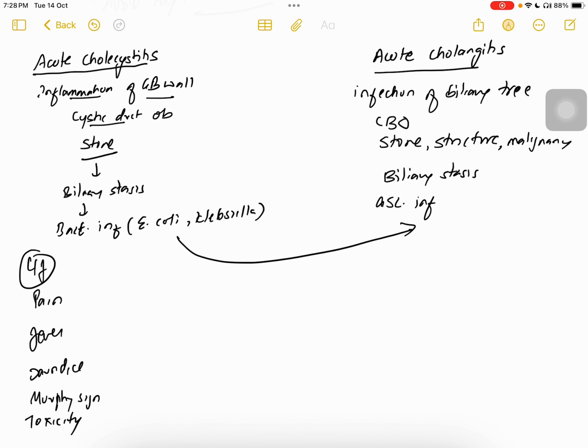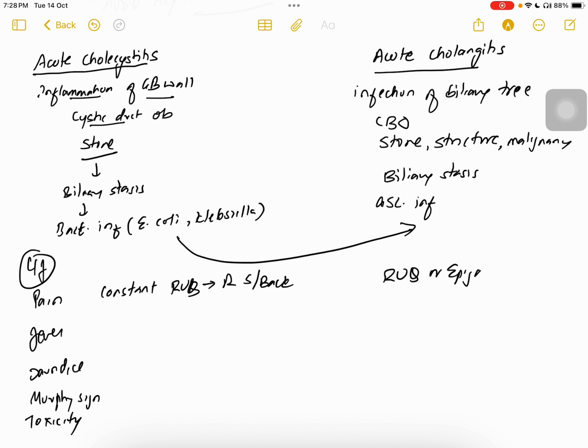We look at the difference in clinical features based on these points. In acute cholecystitis there is constant right upper quadrant pain, which can sometimes radiate to the shoulder or back, while in acute cholangitis there is right upper quadrant or epigastric pain,